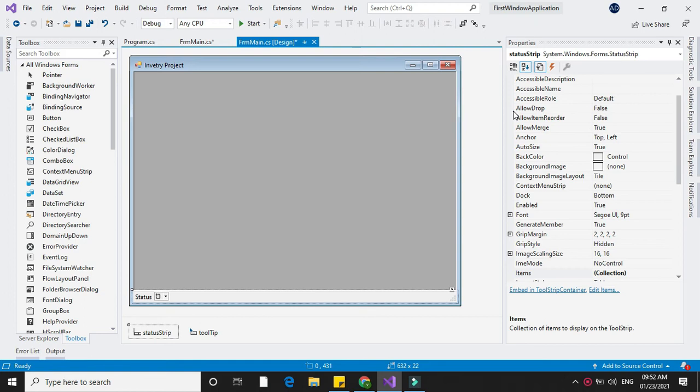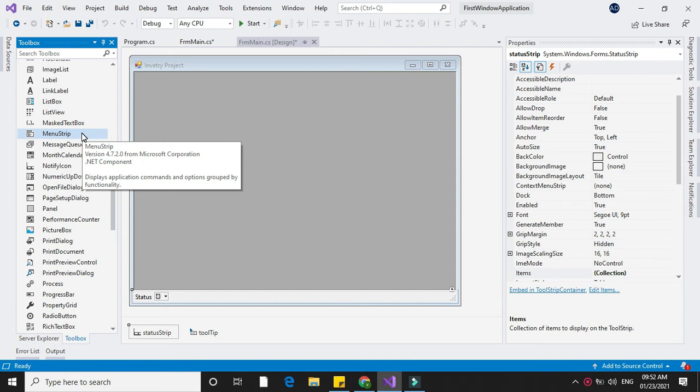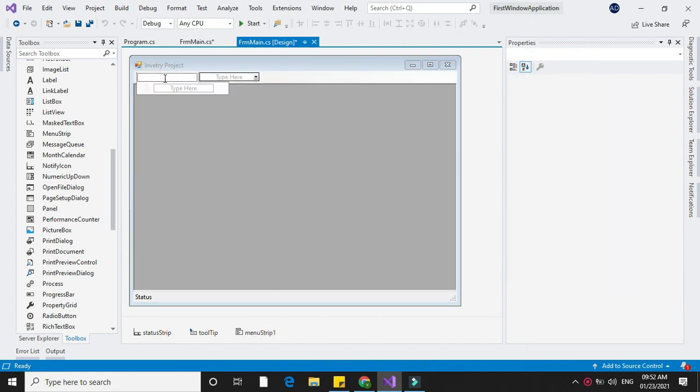Here we will see menu controls, property, methods and events. To add a menu control in your program, select menu strip item from the toolbar. When we select a menu strip, it will create a menu here. You can write here the heading or the caption that you want to give.